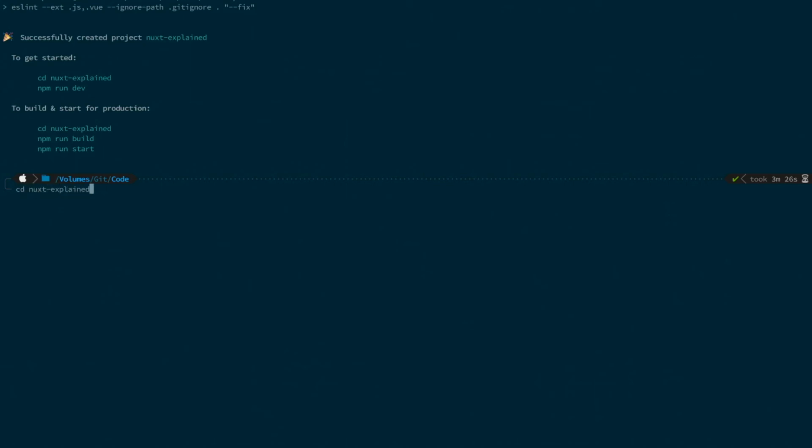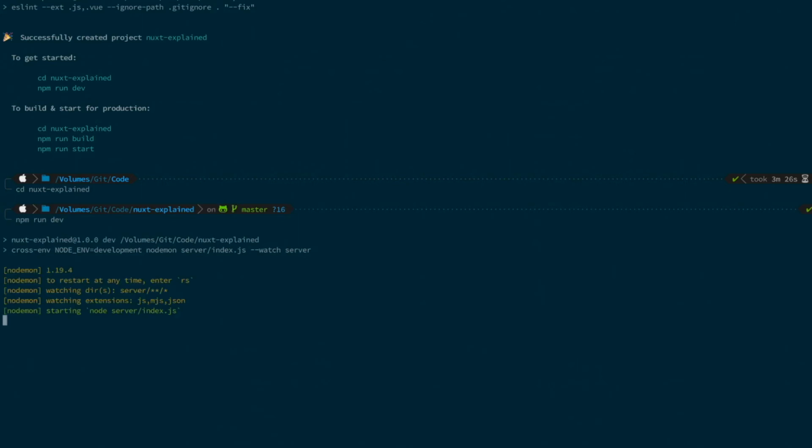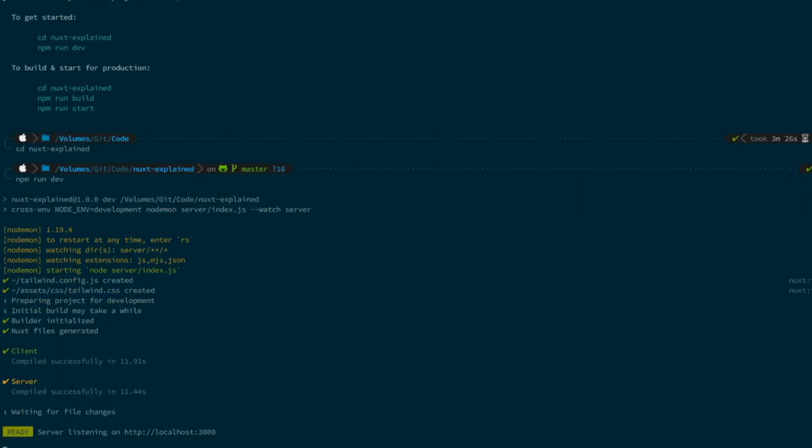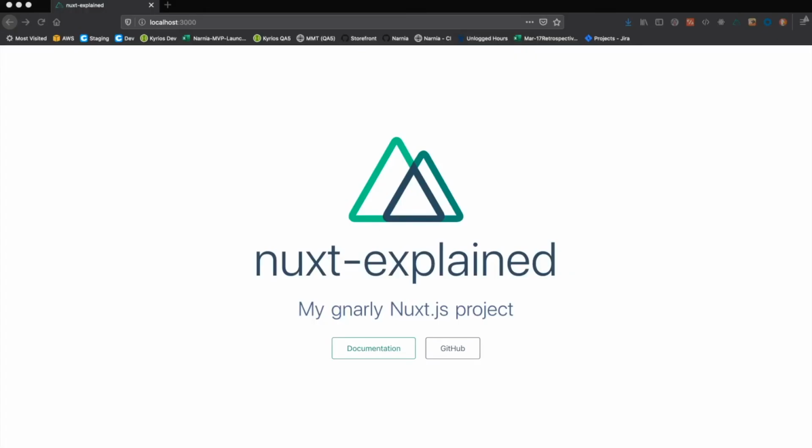We're going to go to our app, npm run dev. Alright, it's listening for changes. And if you visit that URL in your browser, localhost 3000, you're going to get this basic template that Nuxt.js